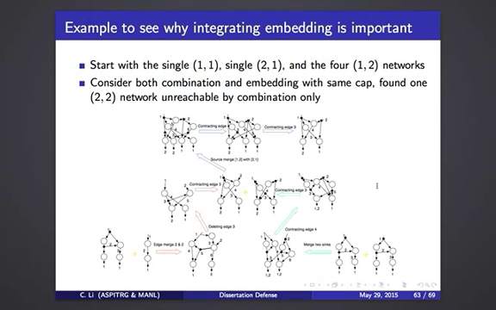However, if embedding operations are integrated in the process, we can get another 2-2 network. As shown here, we start with 2 different paths, first do some combinations, then some embeddings, then combinations again, and embeddings again, to get this 2-2 network. The rate region can be naturally derived through the paths. Actually, there are 12 new 2-2 networks we can find this way, using this cap.